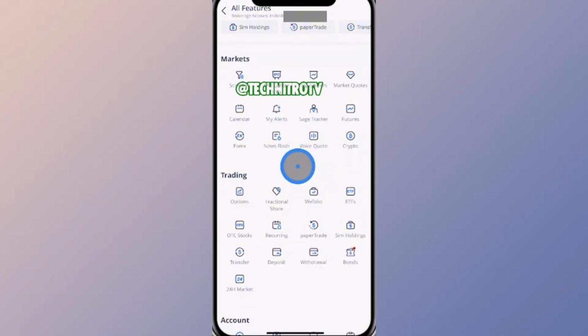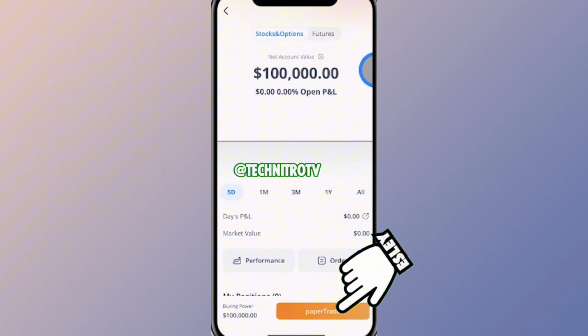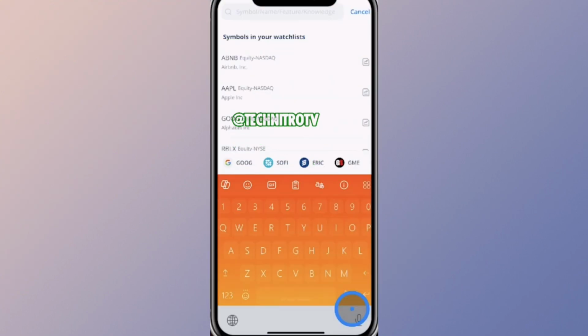Next, go to the section labeled Trading. From here, you will see a paper trade. We will tap on this. This is where you can practice paper trading on Webull. From this section, you will see where it says Paper Trade at the bottom right. And we click this. Just like a regular trade, you want to search for the ETF, stock, or company you